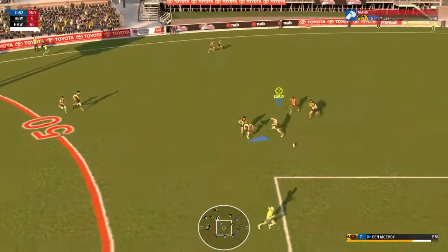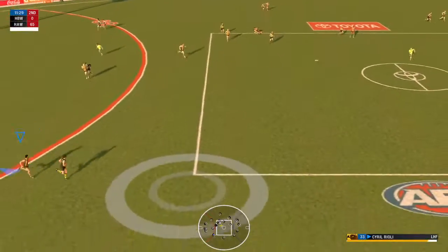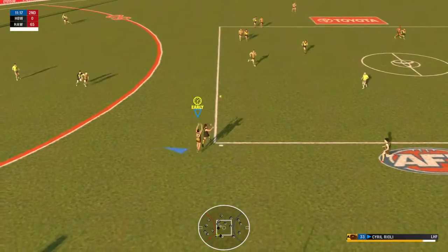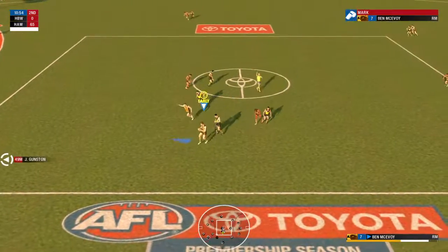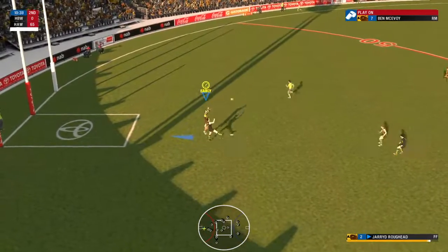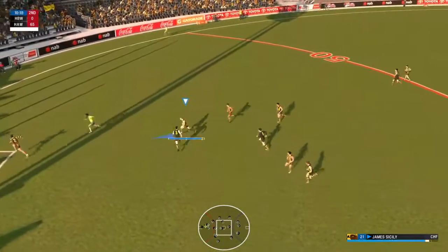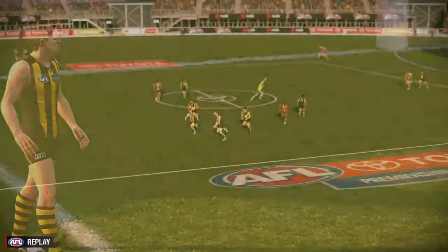Picture perfect drop punt. Casanova would have been jealous of that pickup. Choose to kick it. Great mark under pressure. Sends it on its way. Good mark by McAvoy. McAvoy has been a solid contributor for this team. His coach will know what to expect from him week to week, which really helps when structuring the team. The Hawks out in front over...